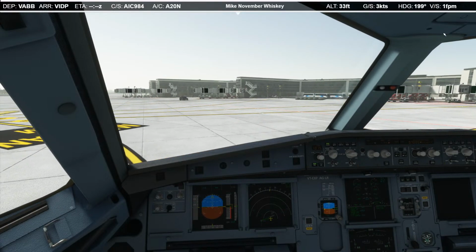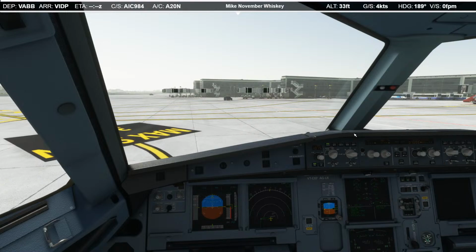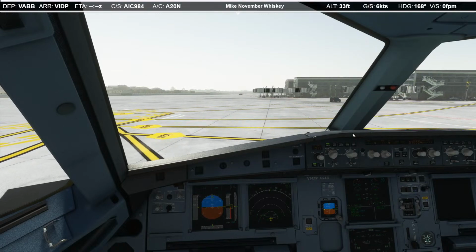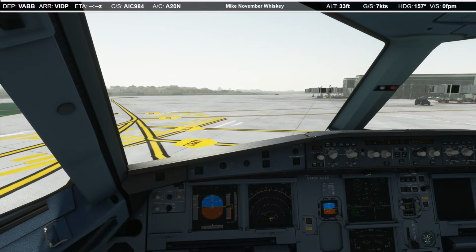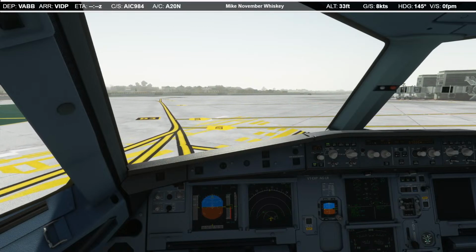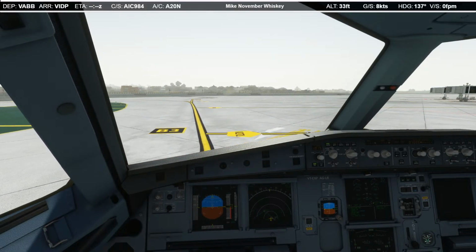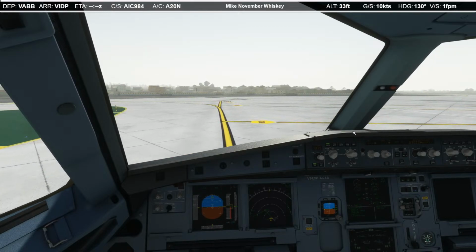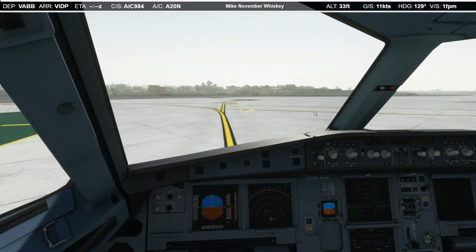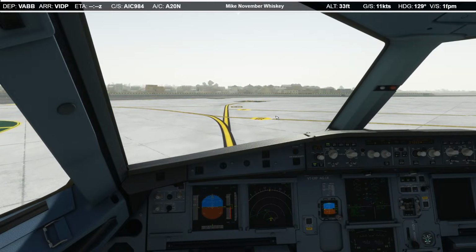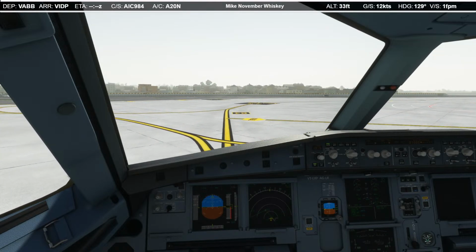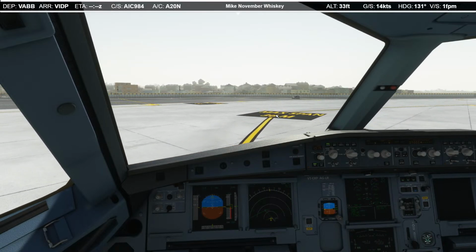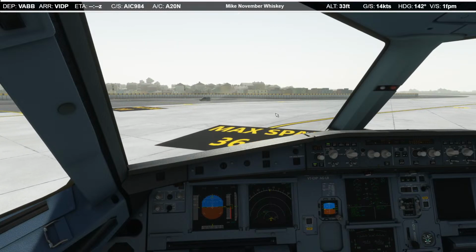We'll start configuring for takeoff here. We'll do max. Slow down for this turn.